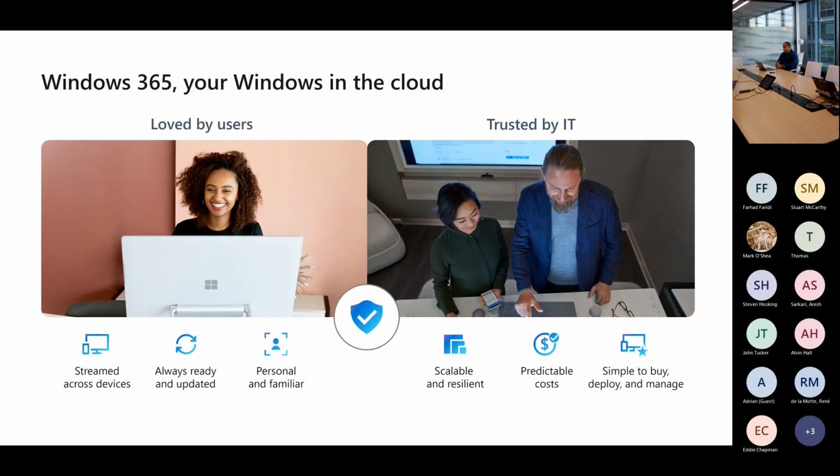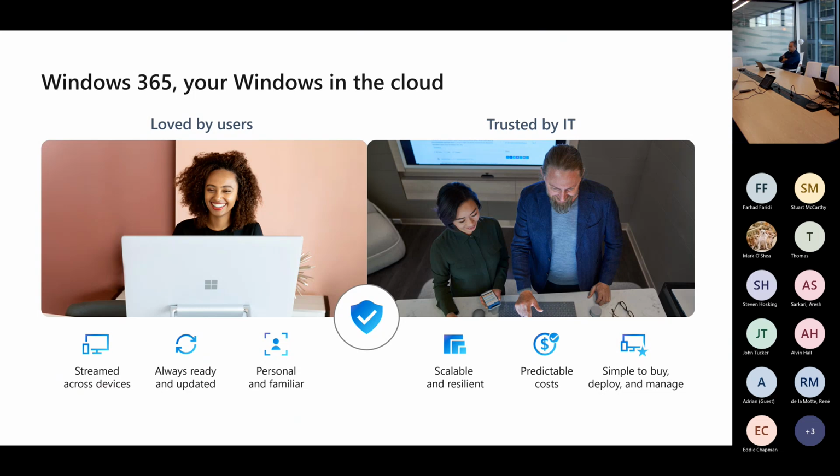From a Windows 365 perspective, what users love about it, once you've deployed it into your environment, is streamlined access across devices. As I said, it's a persistent desktop for your user. Let's take a hypothetical example where the work or personal device is a Windows laptop, and the user also has an iPad.